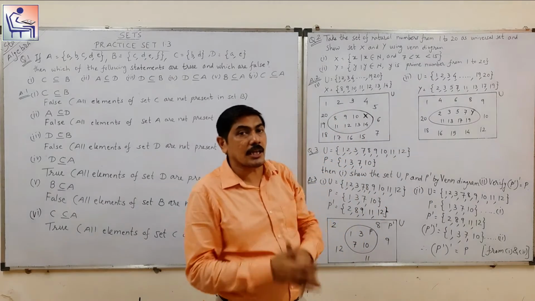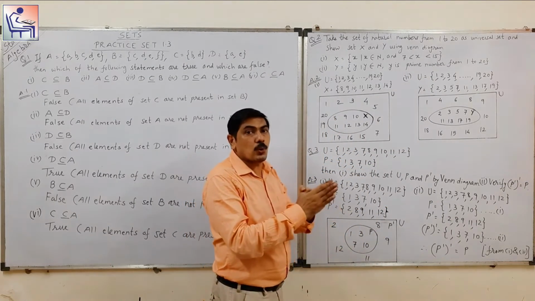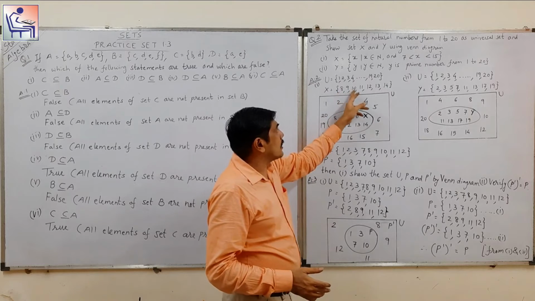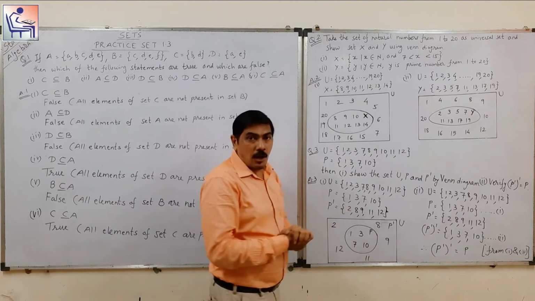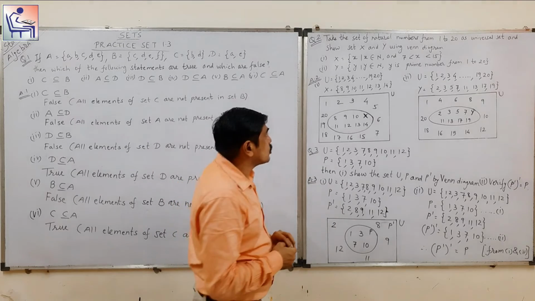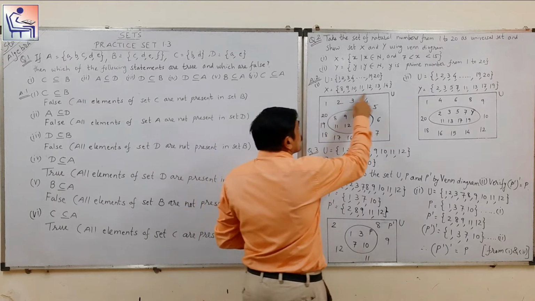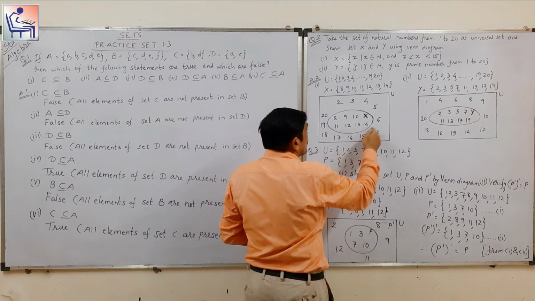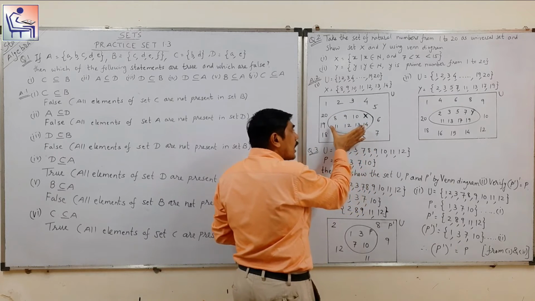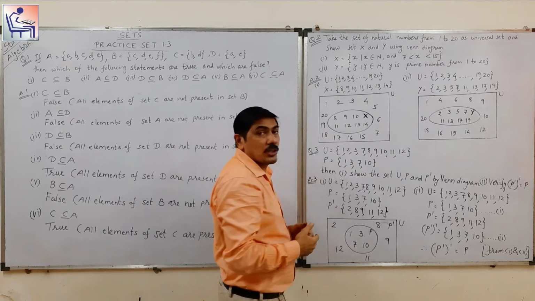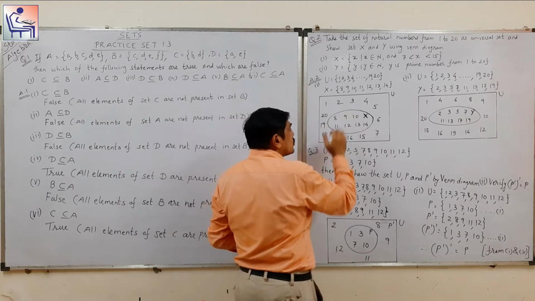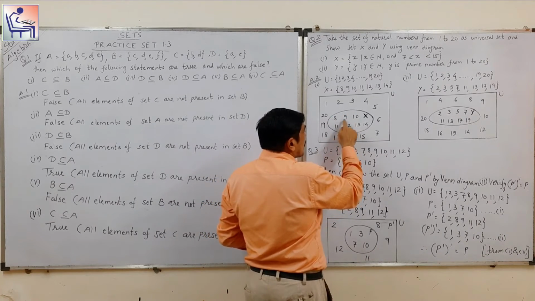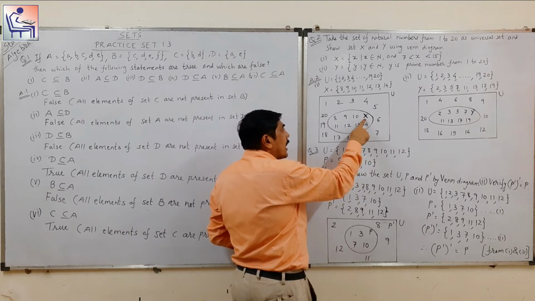So from where to where will we take it? 8 to 14. So 8, 9, 10, 11, 12, 13, 14. Now in a diagram, that is in a Venn diagram, we have to show the elements. So first we will write all the elements of set X within any closed figure. Here you can use circle, oval or any figure which is closed. So here we have written 8, 9, 10, 11, 12, 13, 14 which belong to set X.